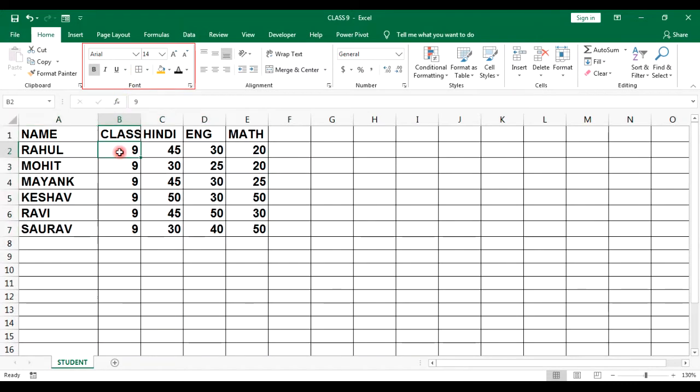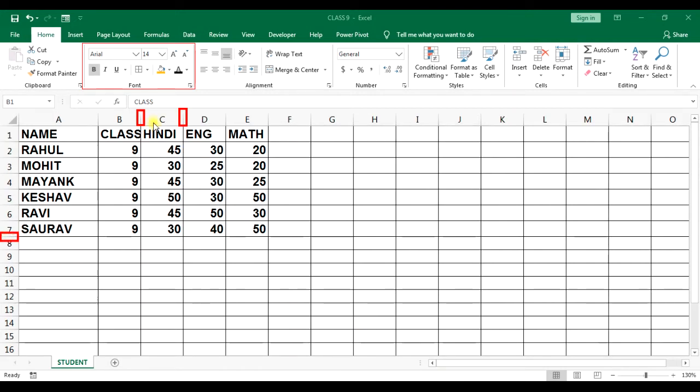Sometimes you want to increase the size of a column. You just click in this area, and you can see this is your area. In this area you click to increase the size of your column, and in this area you can click to increase the size of your row.